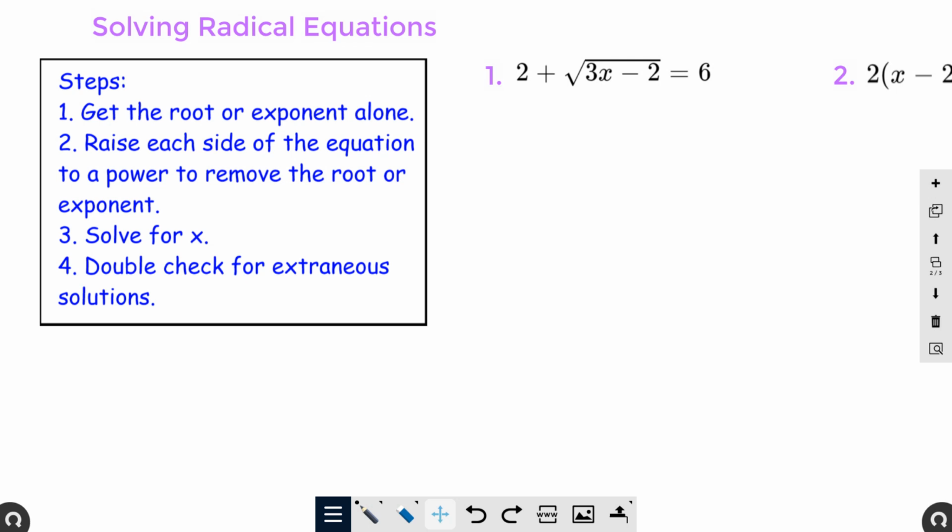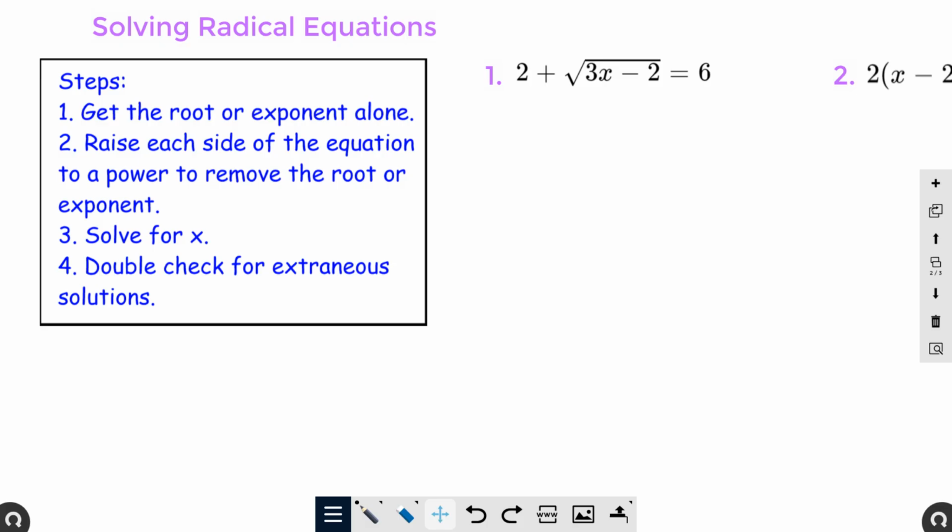Okay, so today we're going to talk about solving radical equations. If you follow these 4 steps, you're guaranteed to get it correct. So step 1 is we want to get the root or exponent alone. So whatever's being raised to that power, if you have an exponent, whatever's under that root, all of that needs